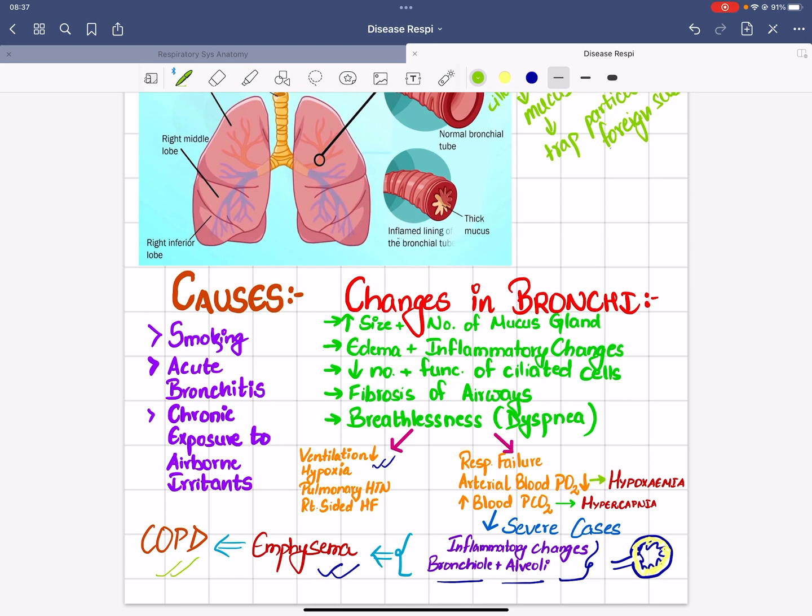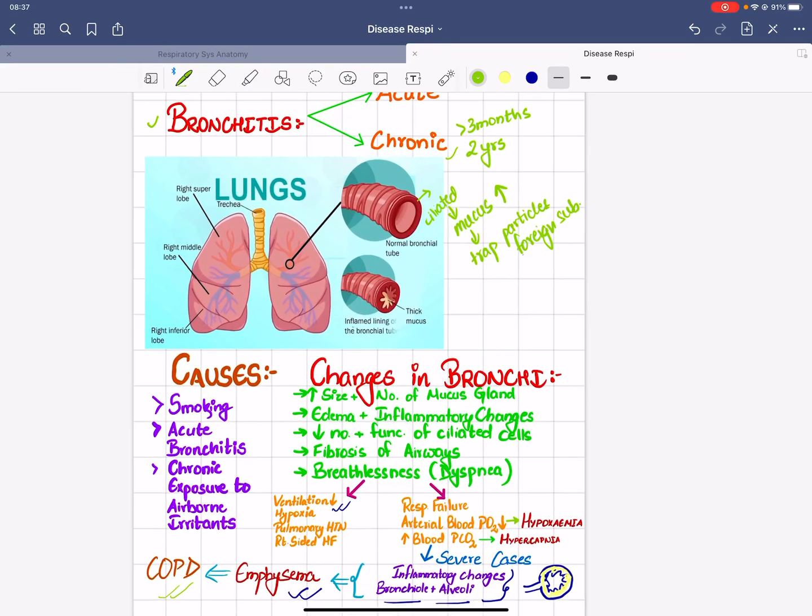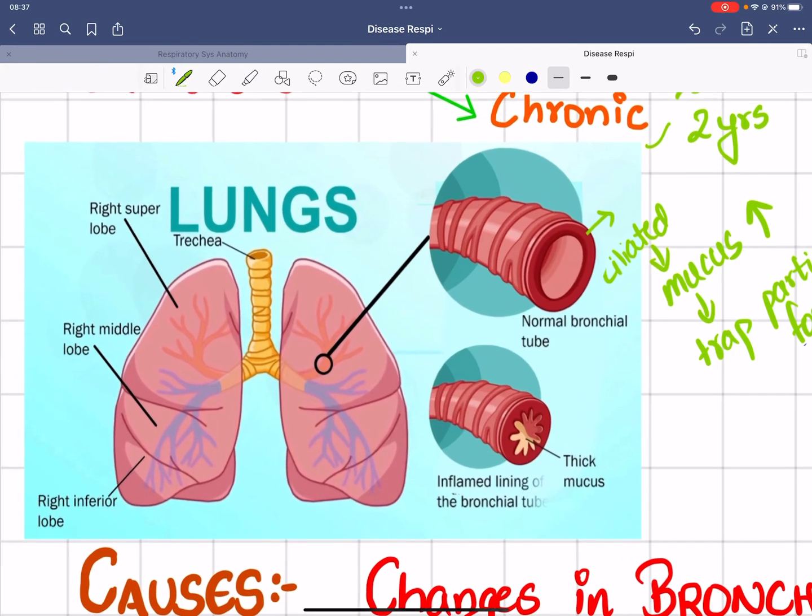meaning that we have got chronic obstruction of the pulmonary system, or our respiratory system, because of the infection, inflammation, edema, and fibrosis of the airways. So in this way, as a whole, bronchitis occurs. So in summary, we can see that here